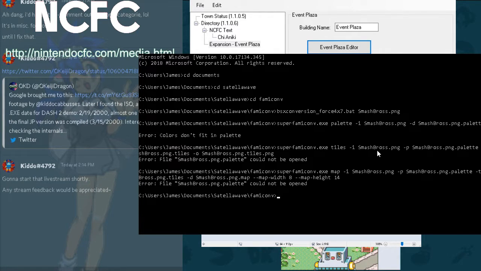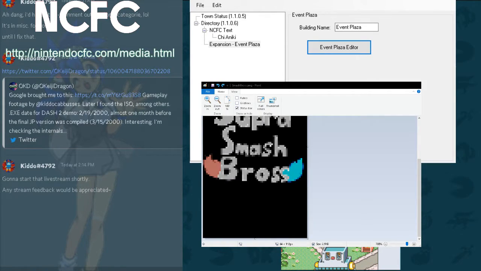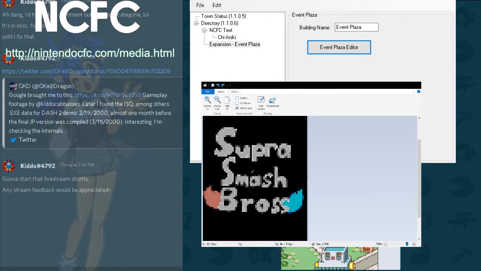Colors didn't fit in palette. Dang. How many colors are on that? One moment, please. Let's see. I'm gonna do some manual color reduction here, because throwing this into a converter may lead to unexpected results. So